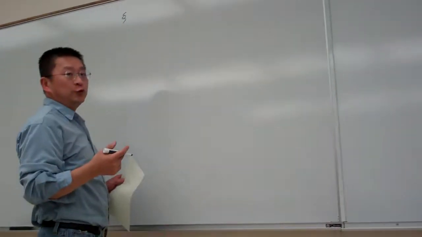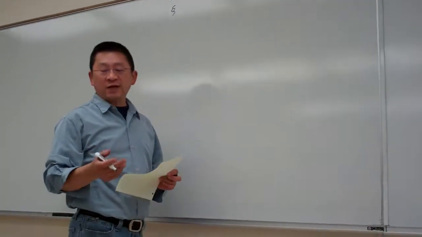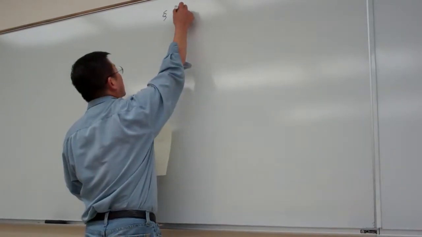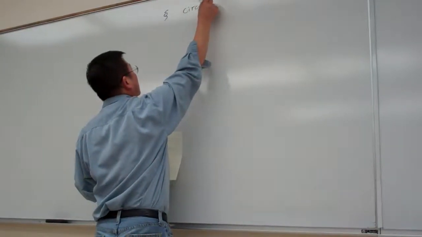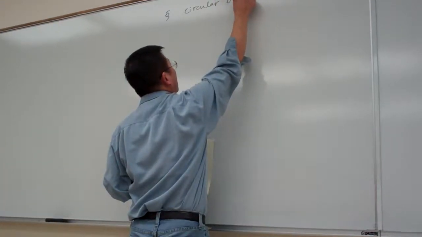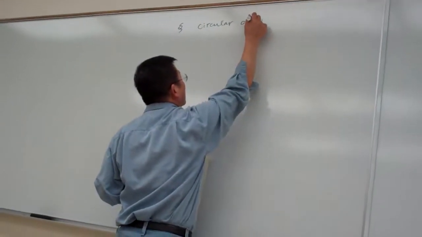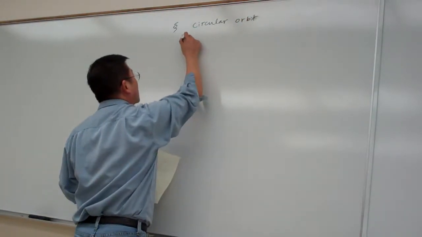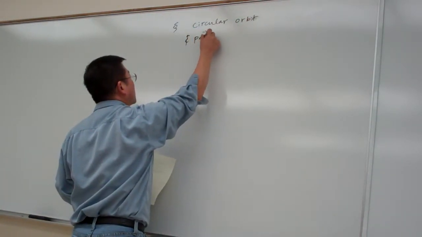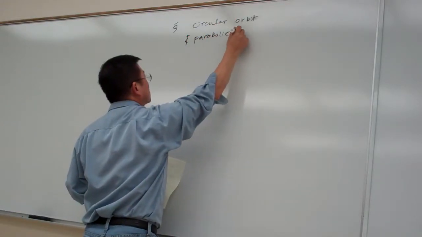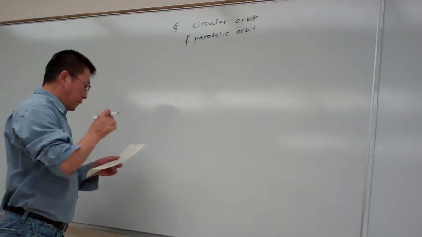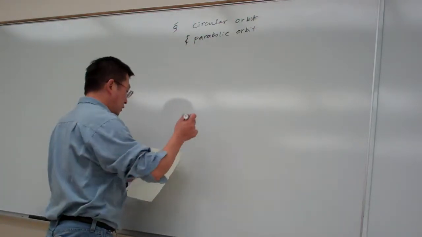The other two orbits, and then we will exercise those problems. So we have two orbits. One is the circular, and parabolic. Okay, so for circular orbits,